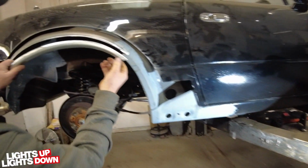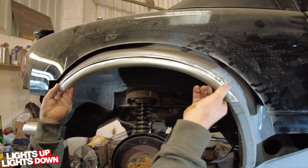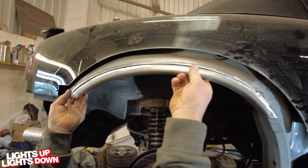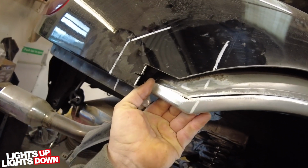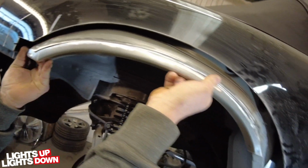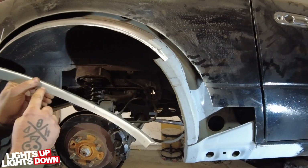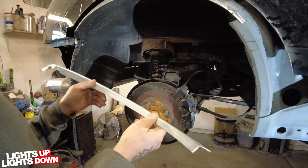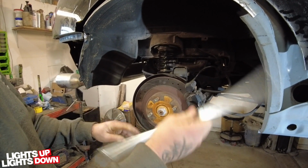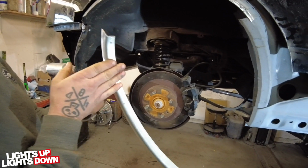So, this will then go with a bit of fettling. That'll go into place there and be welded into place. And then be ready to accept the, I'll have to trim this down. Because obviously with this being an outer panel, it's as wide as the outer panel. And what you really want to do is to trim this, so that when the outer panel overlaps this,